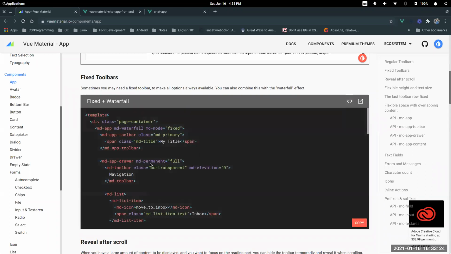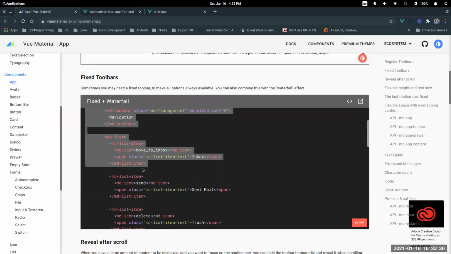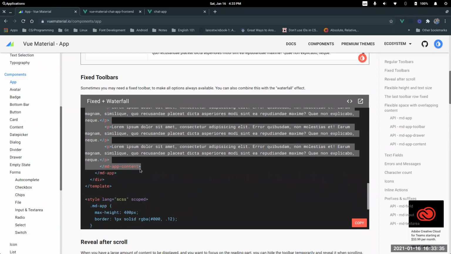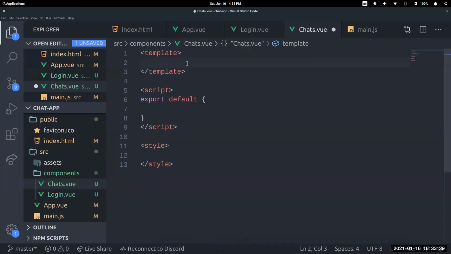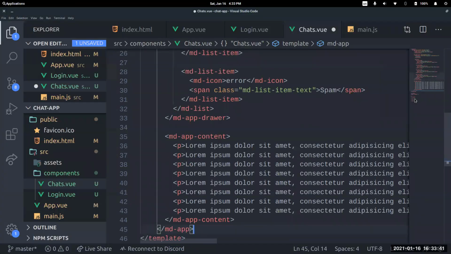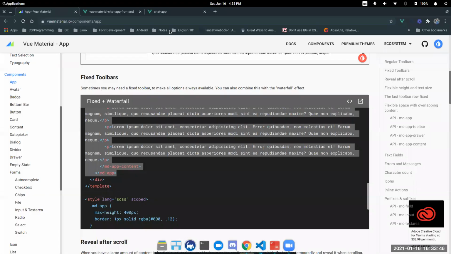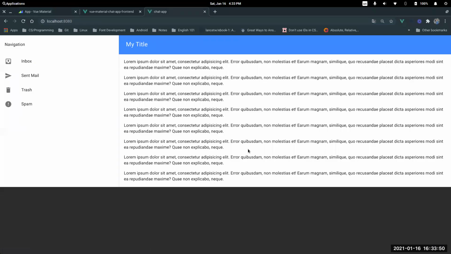So now I'm going to click on code, and then I'm going to copy this part right here, starting from the MD app, and then all the way down to the closing MD app right here. Copy. Now paste that inside here. That's it. I just copy and paste. I didn't do anything. So now open up the chat app, refresh. Now my application looks like this, which looks okay to be honest,